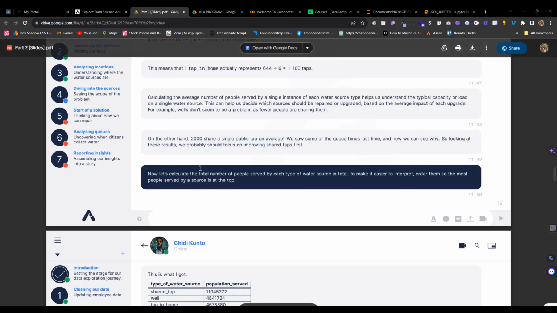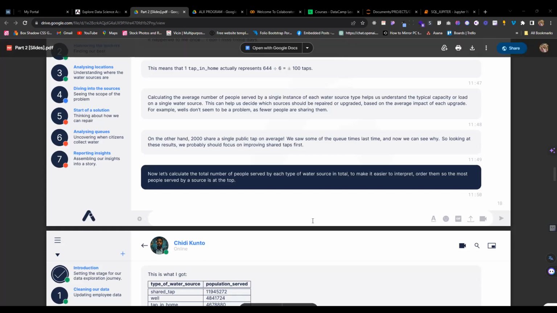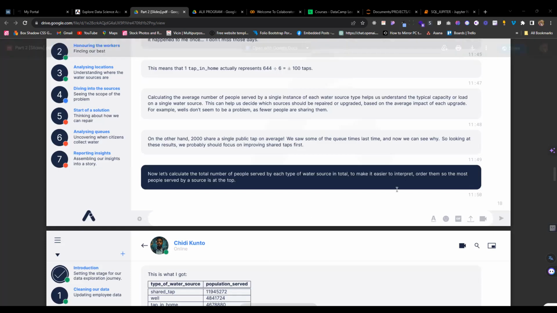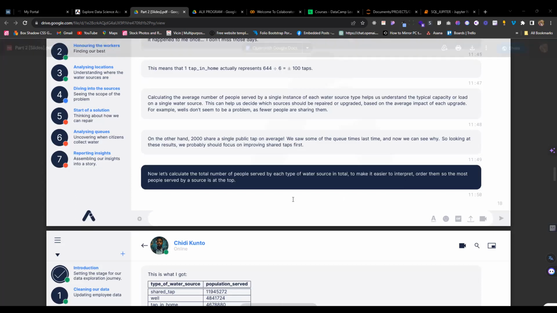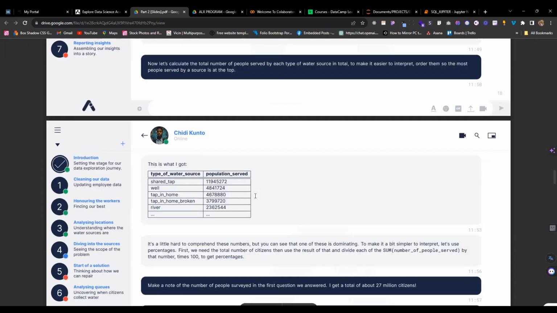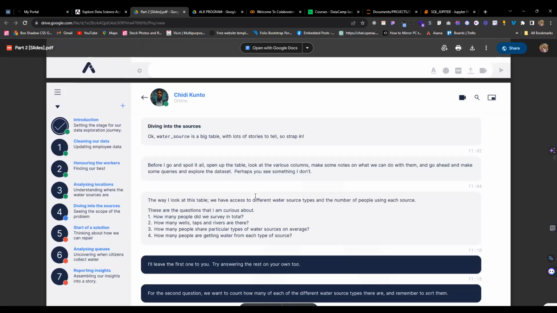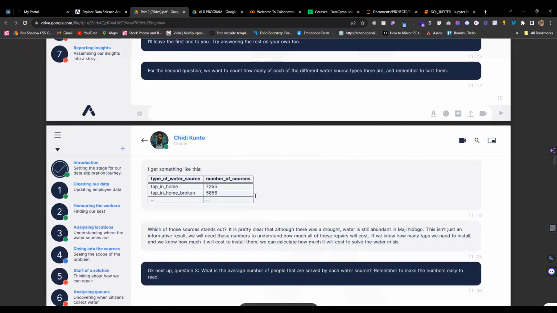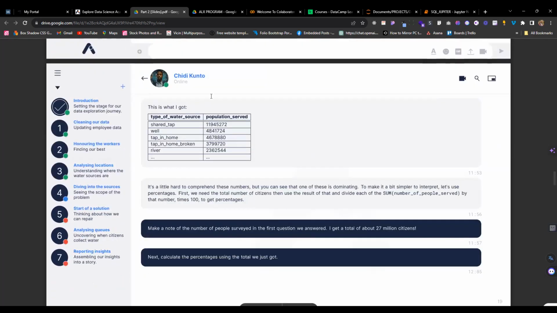Now let's calculate the total number of people served by each type of water source in total. I think this is the last one. To make it easier to interpret, order them so the most people served by a source is at the top. So this is the last question, question number 4. And they said we should sort it so that we have it in a